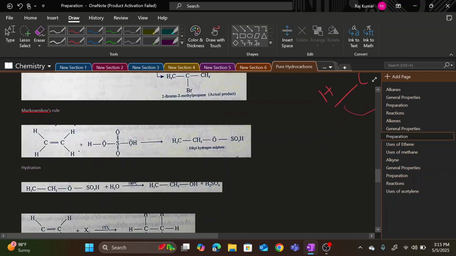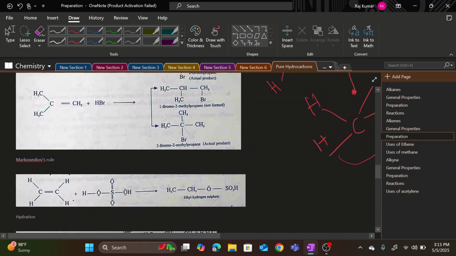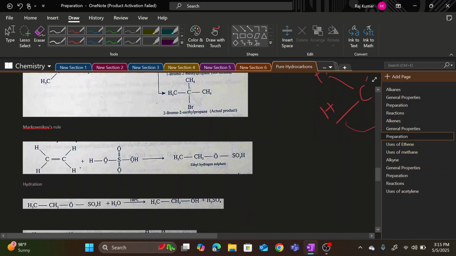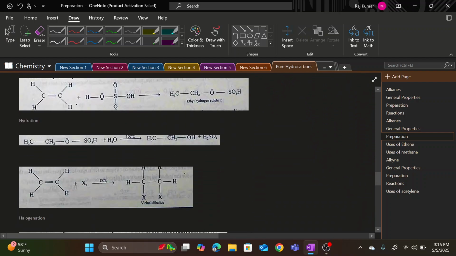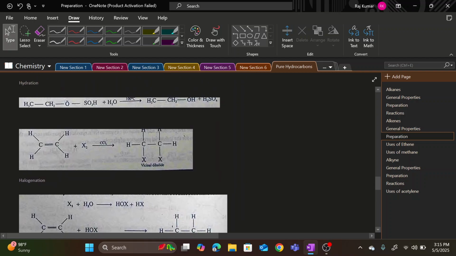Now let's move on to the process of halogenation. Halogenation is again pretty simple. What we actually do is add a halogen molecule to an alkene in the presence of an inert solvent, carbon tetrachloride, because the reaction is pretty violent and we need to make it inert so that an explosion might not happen. This results in the production of a vicinal dihalide, which has two halogen atoms near